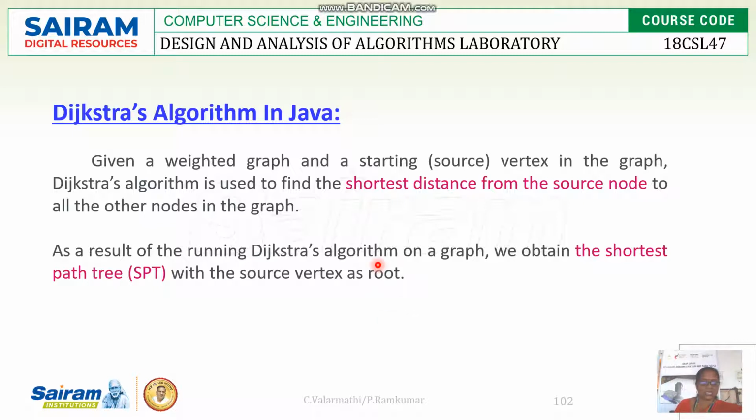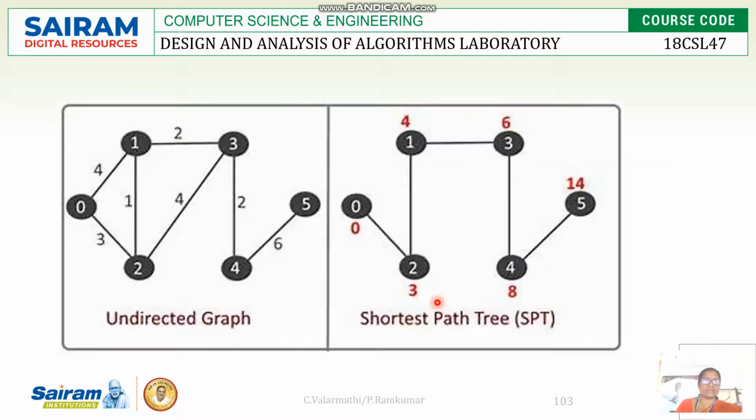How does it work? This Dijkstra algorithm in this example is applied to a weighted graph because it will be finding the weight of the edges based on the weight parameter of the edges. It will go for the lesser weight, thereby it will find the shortest solution for traveling from source to destination. So this is the logic. With this logic, we are going to find out Dijkstra's algorithm in Java.